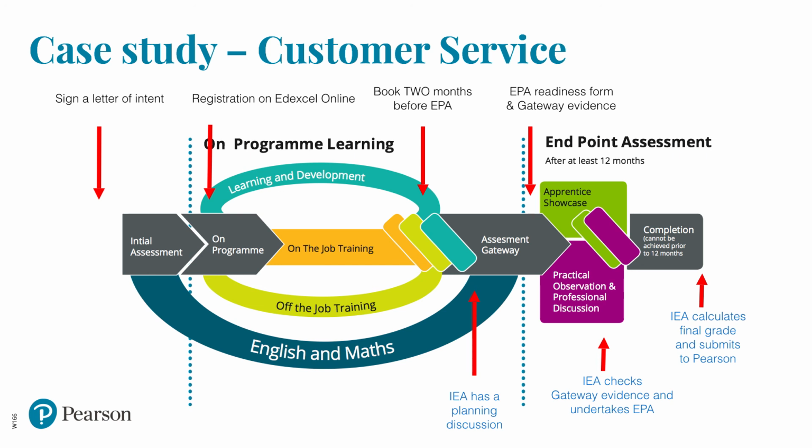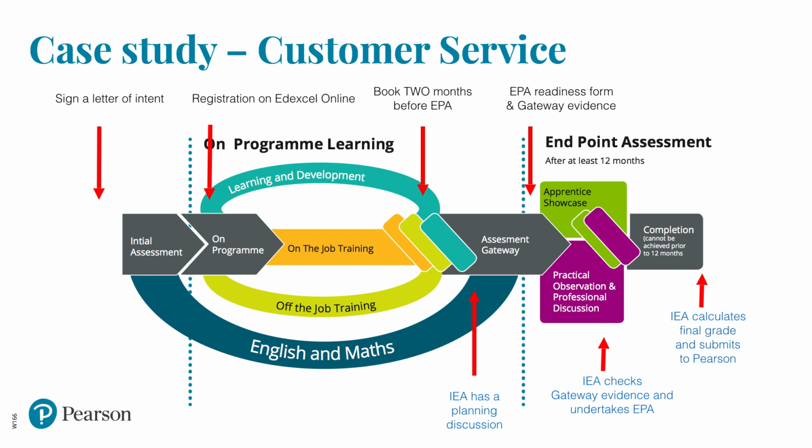In regards to SLAs, we anticipate and we're communicating that you will book your endpoint assessment 2 months before your EPA, your endpoint assessment, is due, using the registration you'd previously made. So what this essentially means is that you're indicating within your registration the dates at which your endpoint assessment for your apprentice should be taking place.